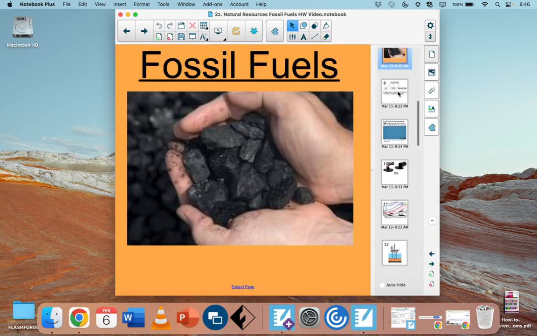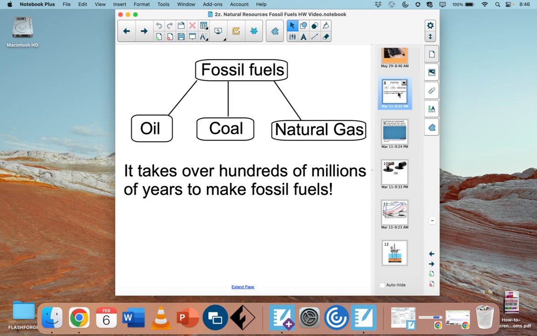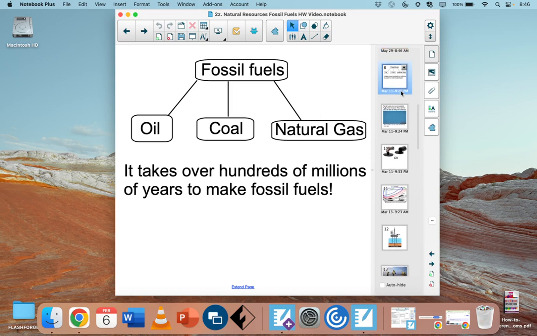Let me talk about fossil fuels real quick. I did mention that there are 3 types. There's oil, coal, and natural gas. And it does take hundreds of millions of years to make fossil fuels. And the second secret word is falcon,